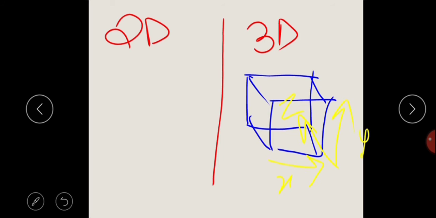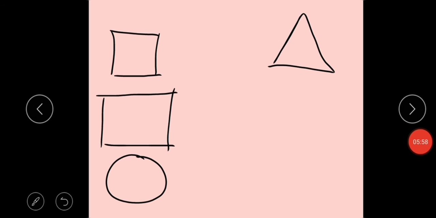So let's proceed towards how to calculate the area, or what are going to be the area formulas for different shapes. So these were actually the most common shapes we have learned in our lower classes, basically the square, the rectangle, the circle and the triangle. And we have also gone through their areas.